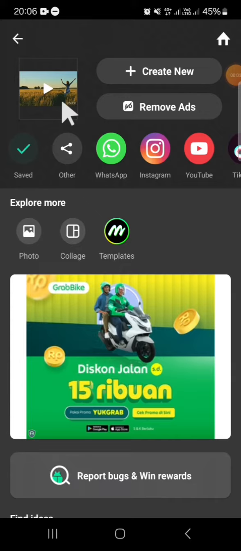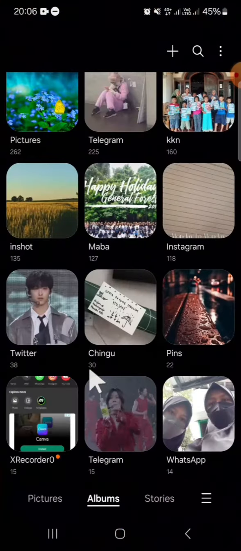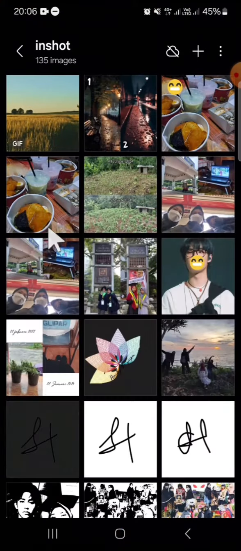Okay, and now the GIF has been saved to my gallery and I'm going to check it. So I'm going to open my gallery, and okay, this is the GIF that I have just created with my InShot application. Alright guys, and that's how we can create a video GIF with InShot